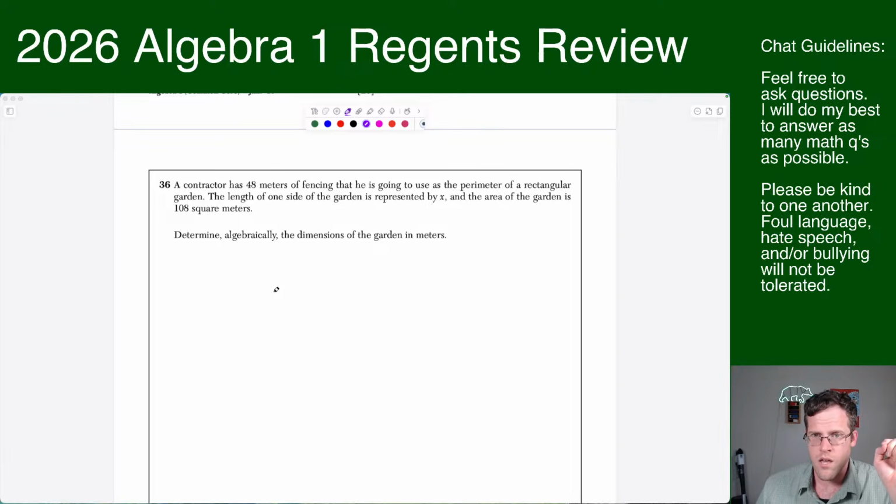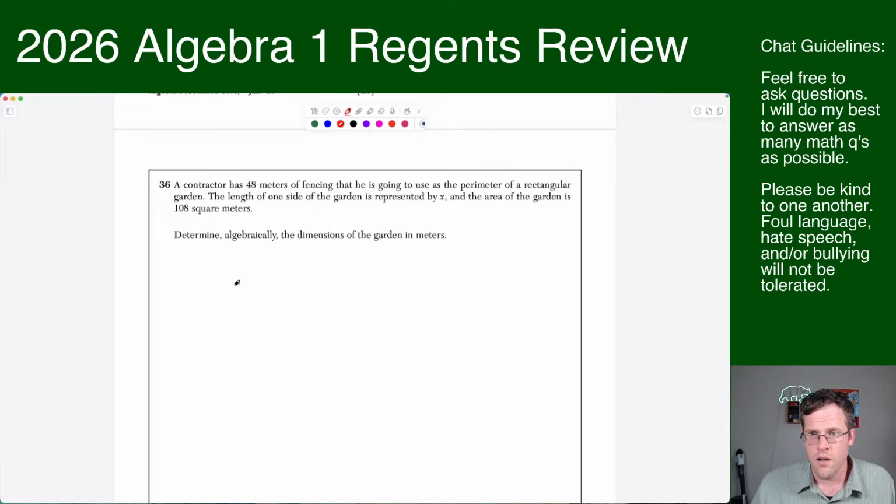So yeah. All right. So here, this question is a little wacky. A contractor has 48 meters of fencing that he is going to use. Oh, my last question is a shading inequality. So perfect. We will go over that. So contractor has 48 meters of fencing he's going to use as the perimeter of a rectangular garden. The length of one side of the garden is represented by X, and the area of the garden is 108